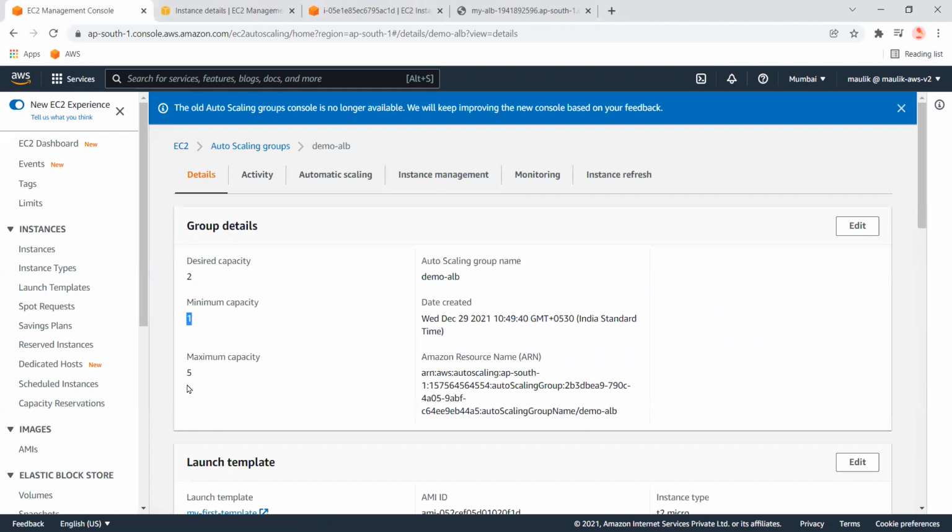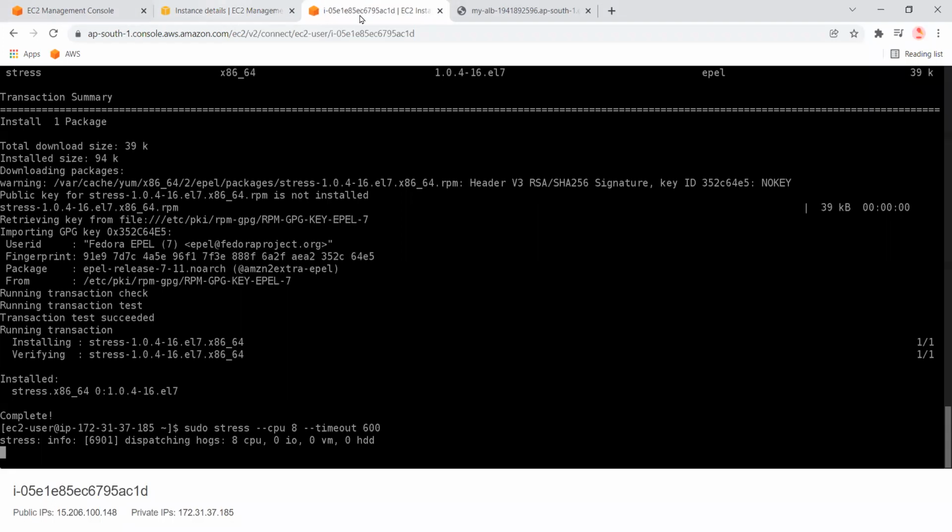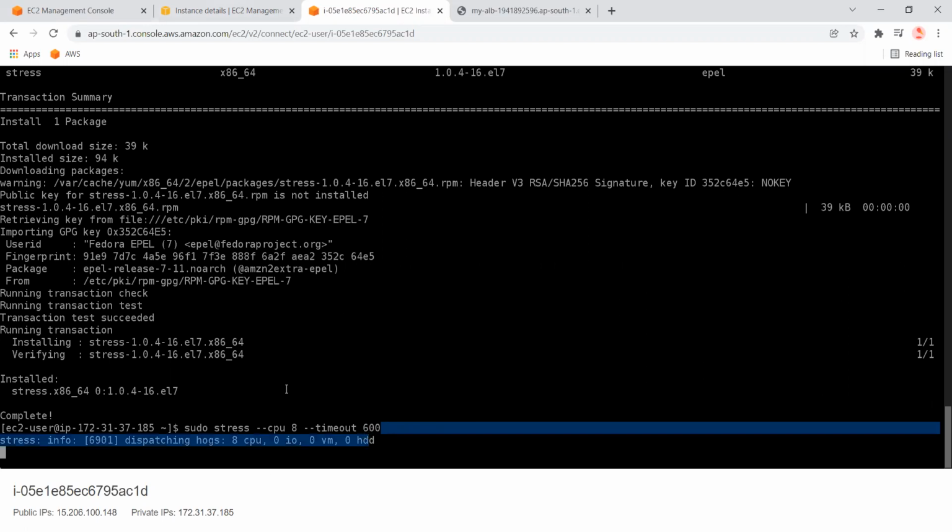Now the timeout period is 600 seconds, so this stress will be running for 10 minutes, and after that the CPU will again reach 0%.